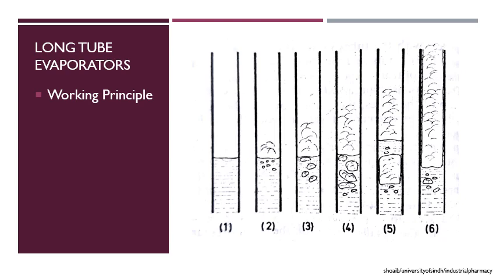Now here is the working principle that is explained diagrammatically. Now, as we have said, the material to be evaporated will be present in the tubes. So these are the tubes in which the material will be present. Okay, and these tubes are surrounded by steam jacketed tubes. Surrounding these tubes is the presence of the steam that will be heating this liquor.